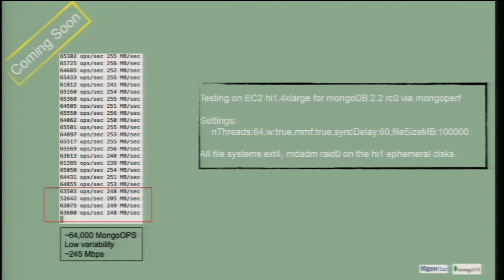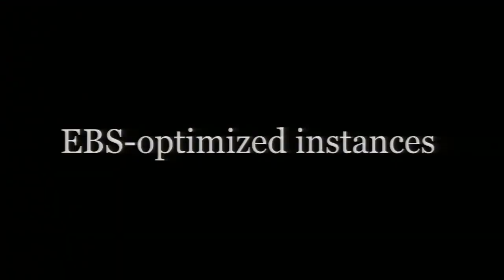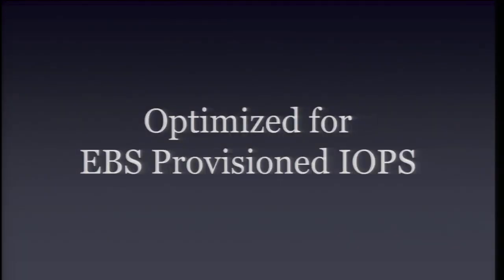So on the higher end, you have the cluster instances for compute, you have the cluster high memory instances for memory-intensive stuff, and you have these for I/O-intensive applications. While we're speaking of I/O-intensive applications, I should talk about EBS-optimized instances, which I talked about a little earlier. They are designed to be used with EBS-provisioned IOPS volumes.